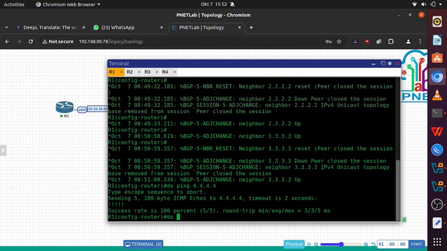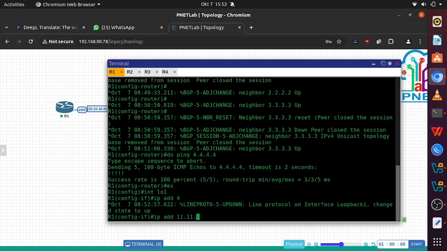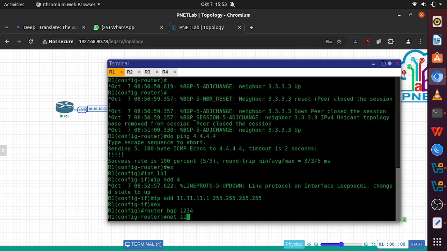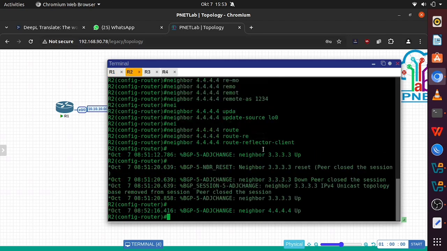After that we can ping each other with do ping, and it has replied from each of the other devices. And after that I'm going to add interface loopback 1 to make sure the configuration is done, and I want to put the network of interface loopback 1 into the BGP network.